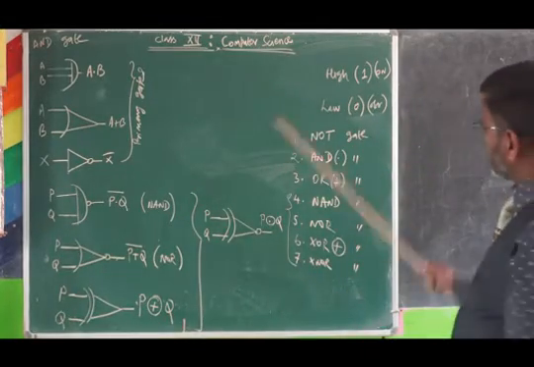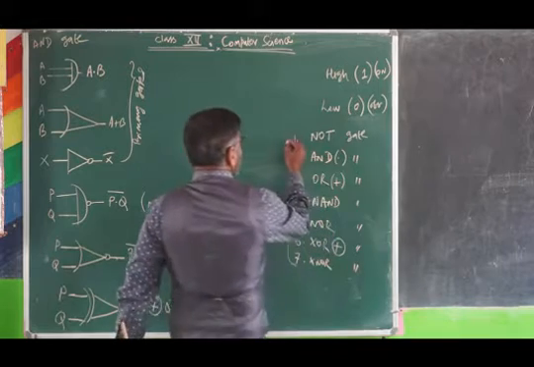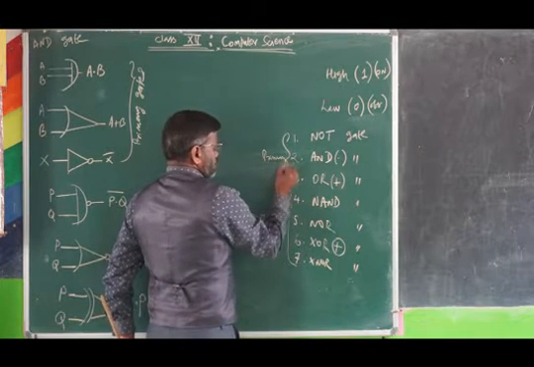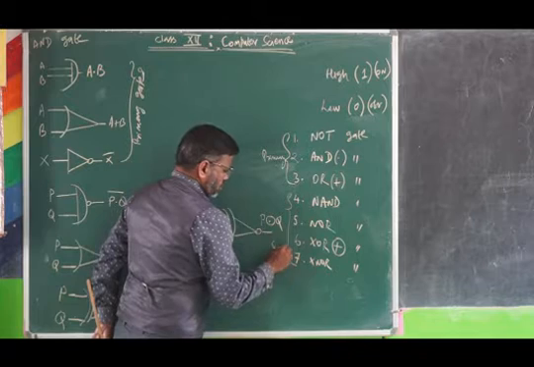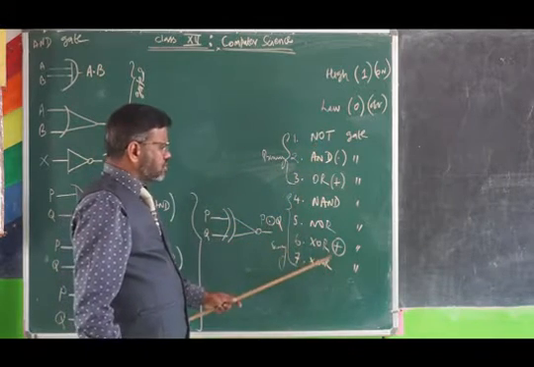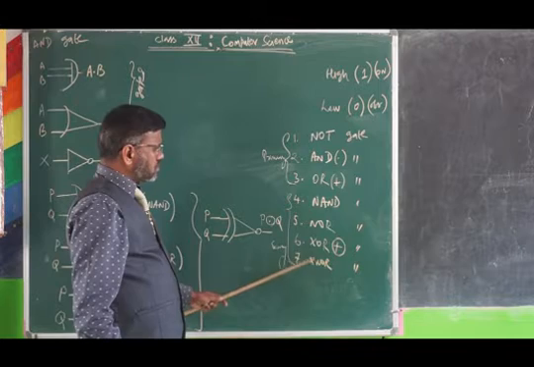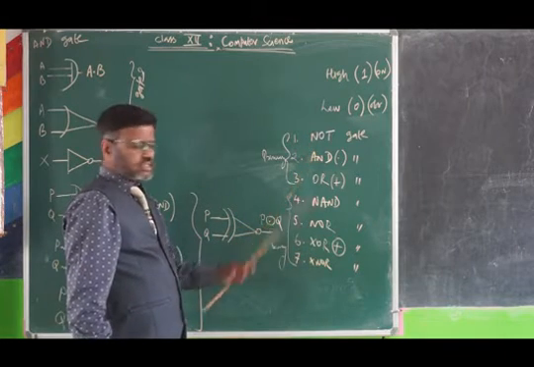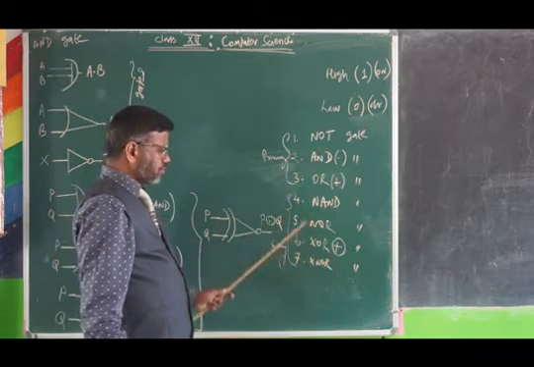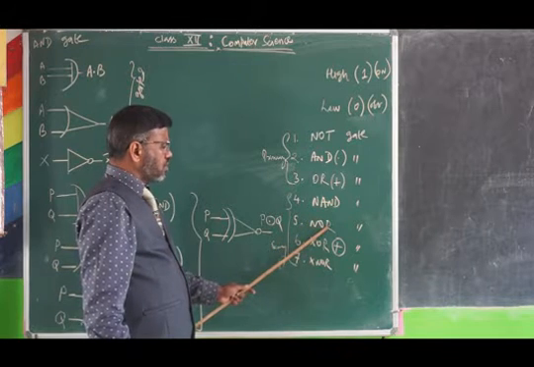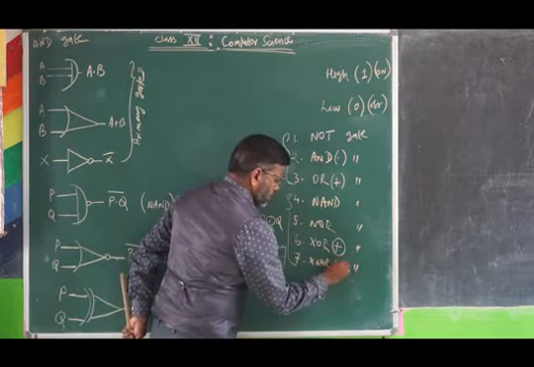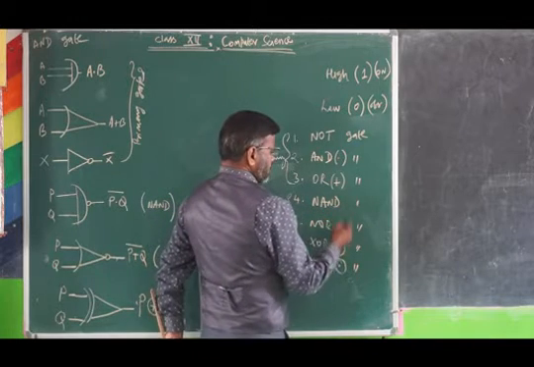I repeat again, these 3 gates I segregate like this. They are called primary gates, and the others are called secondary gates. These gates are built based on these 3 gates. NOT and AND is known as NAND gate. NOT and OR is called as NOR gate. Exclusive OR gate, the XOR gate, is denoted like this. In this case, the NAND gate is